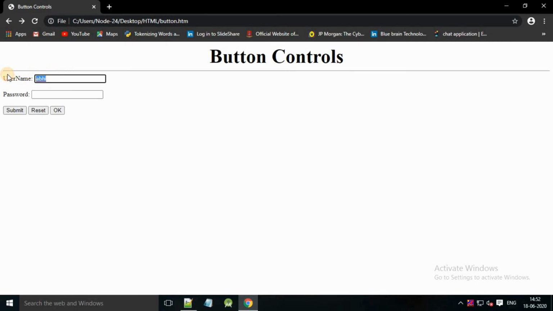Then refresh your page. Then enter your username and password again. Click on that reset button. The text boxes are cleared of the entered user records.